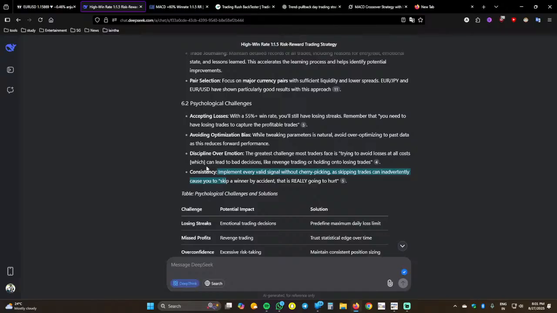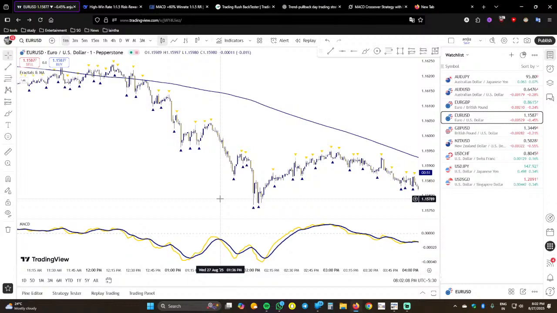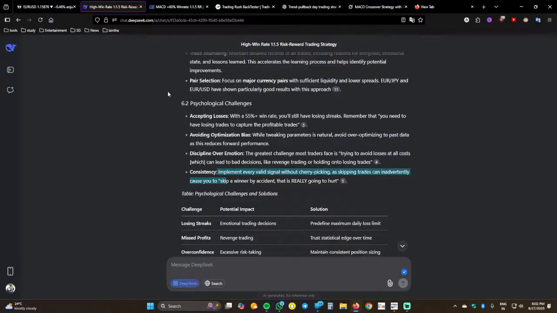If not the same day, I should do it the next day or the next day. I should not skip the whole strategy or change the strategy in between. That is one thing. And also, if the conditions are valid, why not take a trade? It might end up as a winner. The most important thing, which is probably not mentioned here, is do not change the strategy